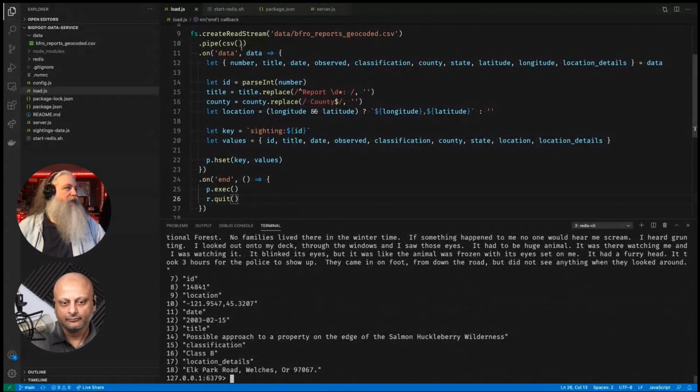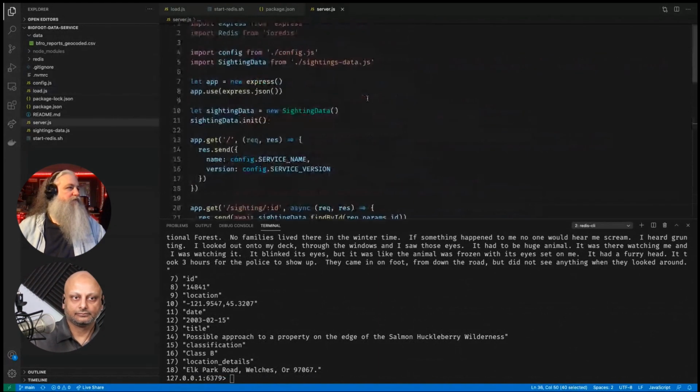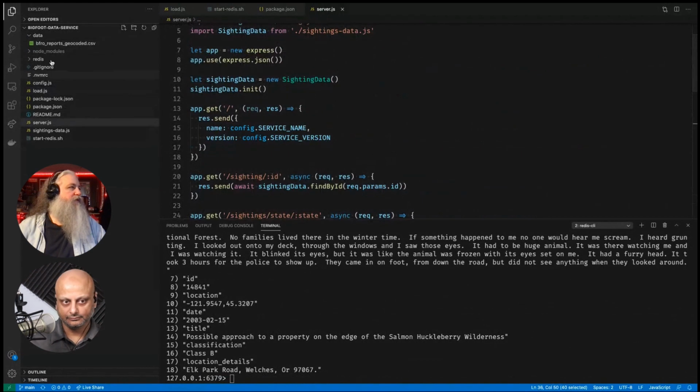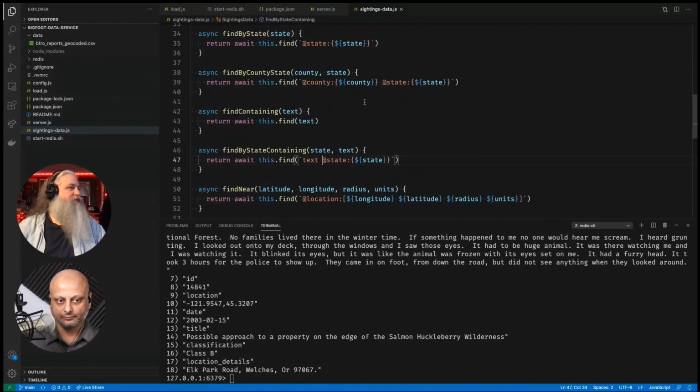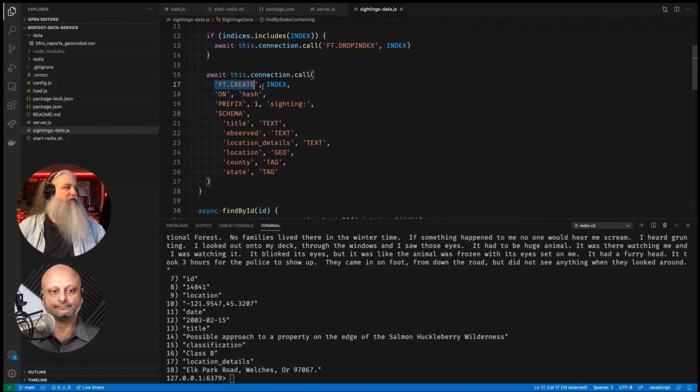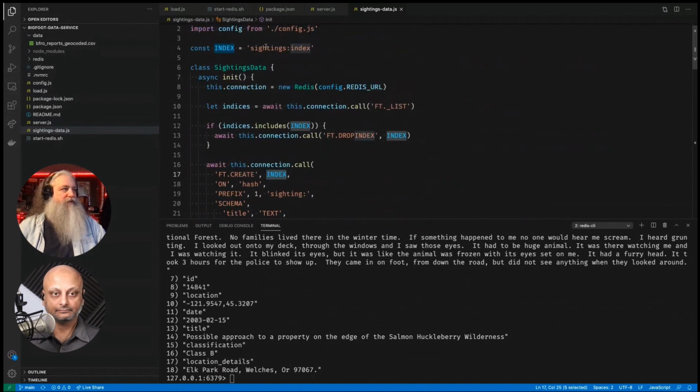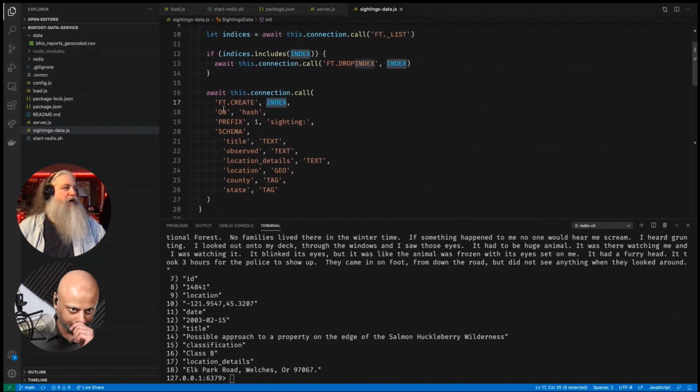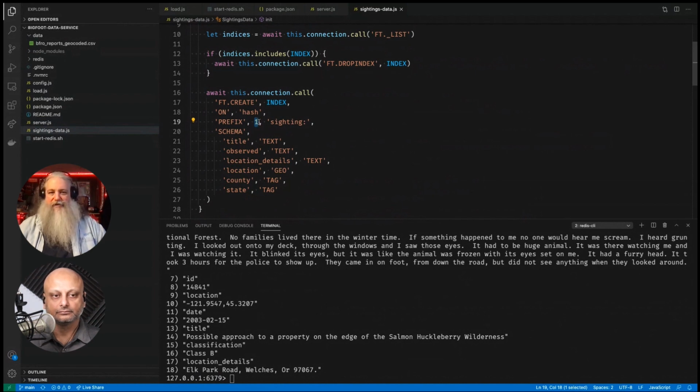And I'll just show you the code I use to get this thing running. If we look at the server, where is it here? Sightings data. When this sightings data object is created, I call the create command. My index name is just a little constant because I called it sightings index. And ON HASH and say PREFIX. And then you can specify multiple prefixes. I want one prefix that I want to look for. Anything that starts with sighting: